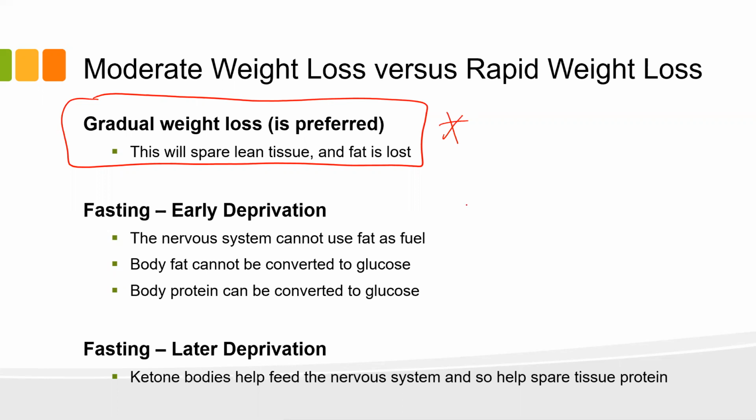But when you get into the fasting category, one of the problems is the body realizes it's fasting. And so it's saying, okay, we need to conserve energy, and it's going to slow down your metabolism. If you're trying to lose weight, you don't want to get to that category, because when your body is slowing its metabolism, it may also slow down your energy levels. And we don't want to do that.